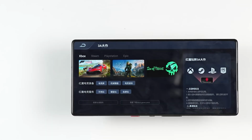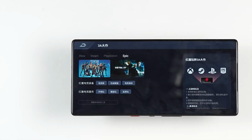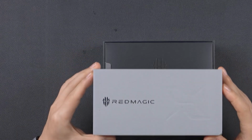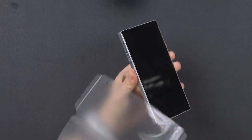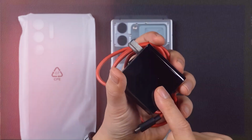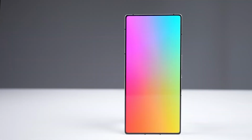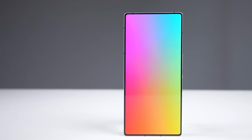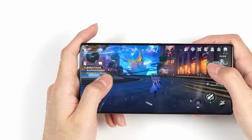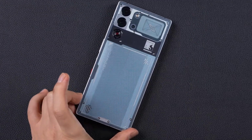What if I told you that a phone now runs PC level with zero compromise on power, cooling, or design? Today, we're unboxing the ultimate gaming beast, the RedMagic 10S Pro Plus. With a bold new look, insane performance, built-in cooling fan, and the kind of battery and charging combo that redefines endurance. From under-display camera tech to a desktop-class gaming experience, this phone doesn't just play the game, it changes it. Stick around, because by the end of this video, you'll know why this might just be the most complete gaming